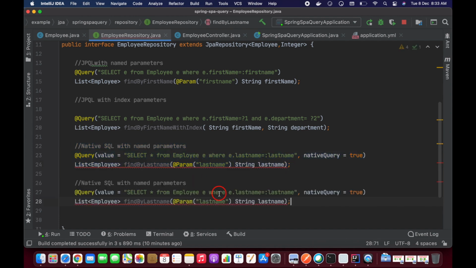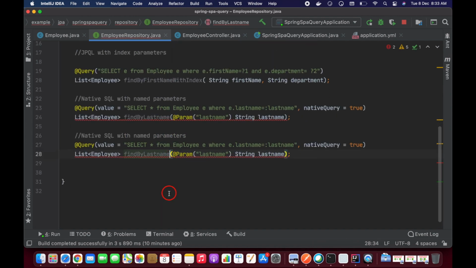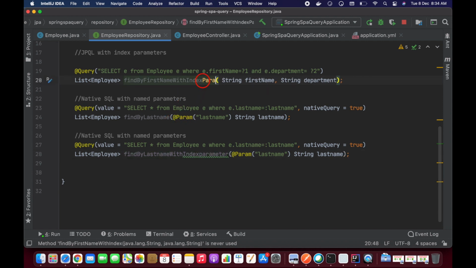Now what about the index parameters in the native SQL query? Let me take index parameters as well. I just want to pass two index parameters.